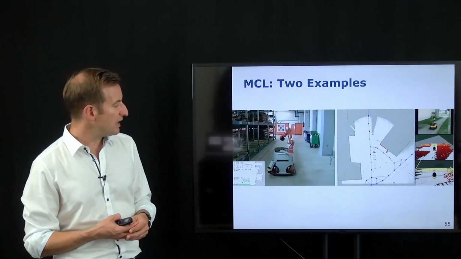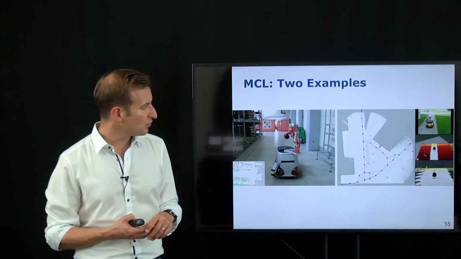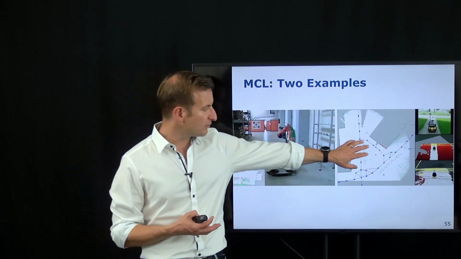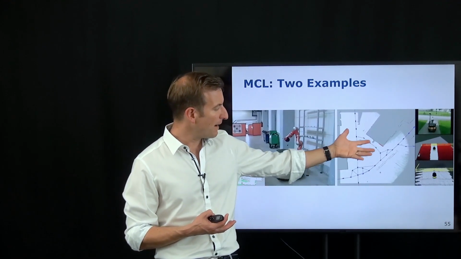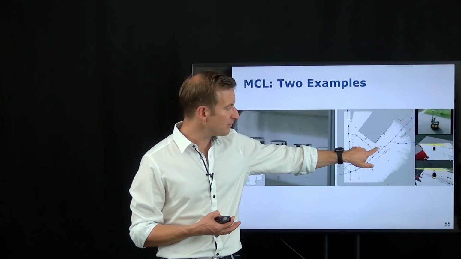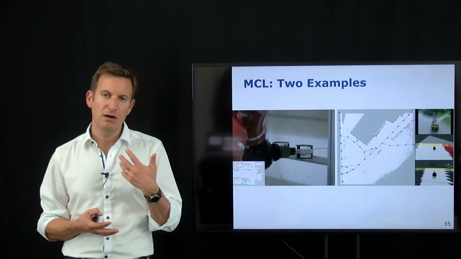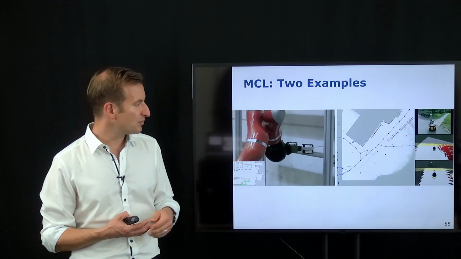You can't do this only indoors, you can also do it outdoors. So this is an outdoor traversal of a robot navigating here on a graph-like or combined graph grid-based map, driving around. And we can see those red dots over here, not the samples. This is kind of the overlay of the current laser scan with the position of the best particle.